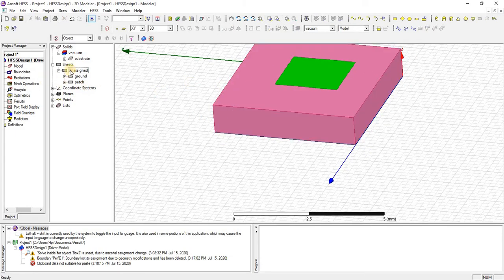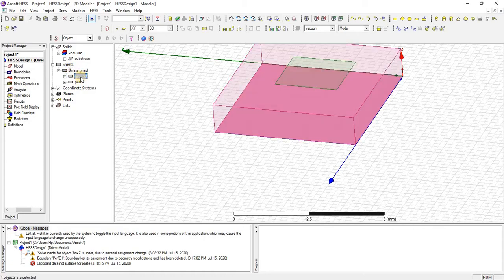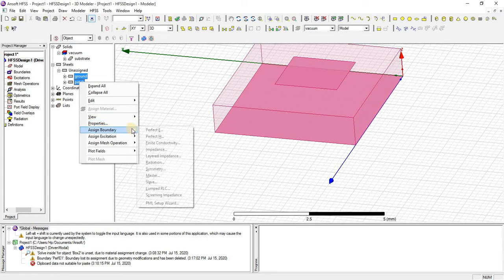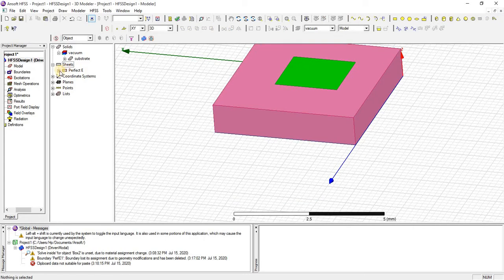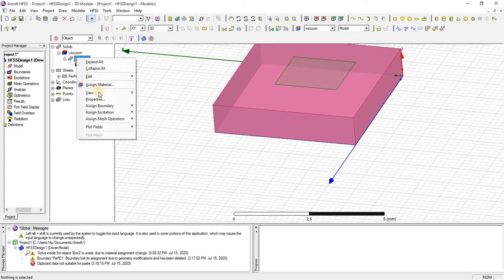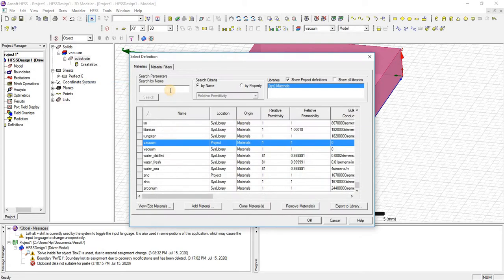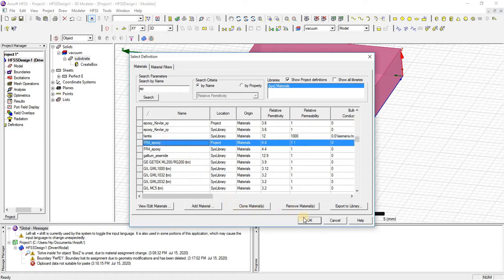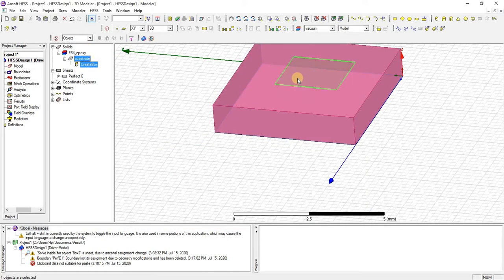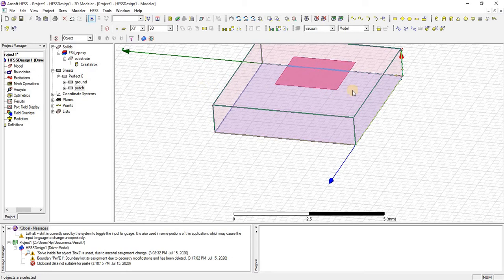Now we will assign materials. The ground and patch most of the time are perfect E. Perfect E means they are a perfect conductor. And similarly we will assign a material to the substrate. And after that we will assign